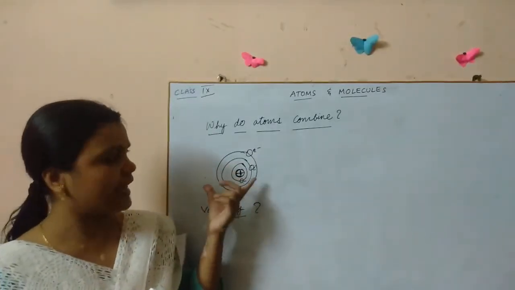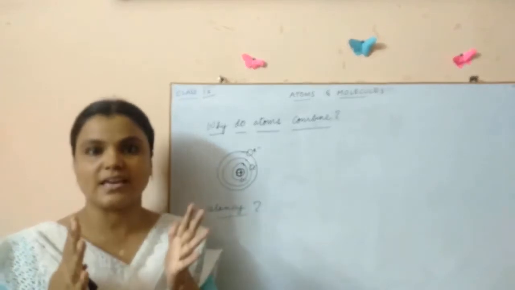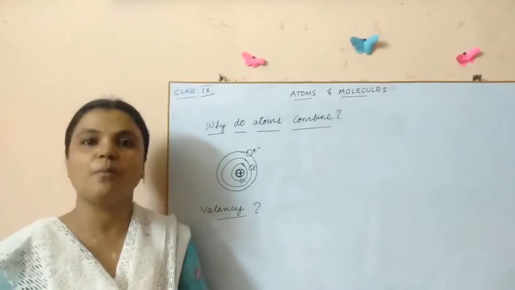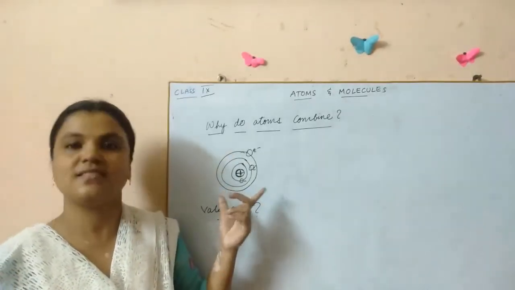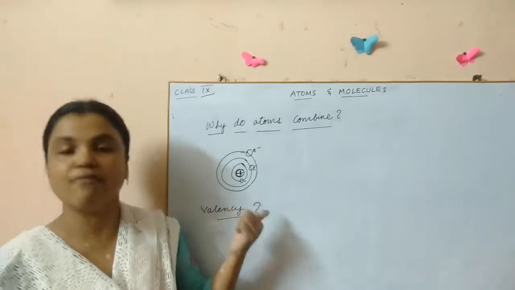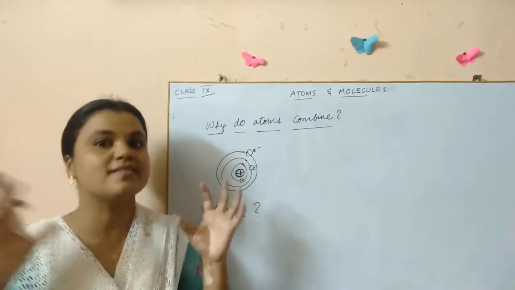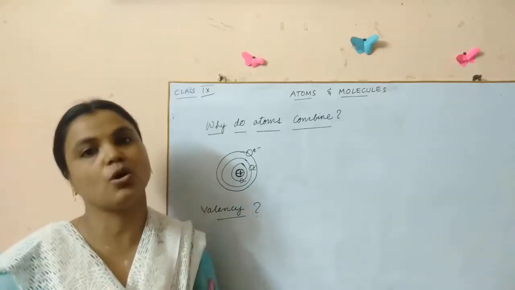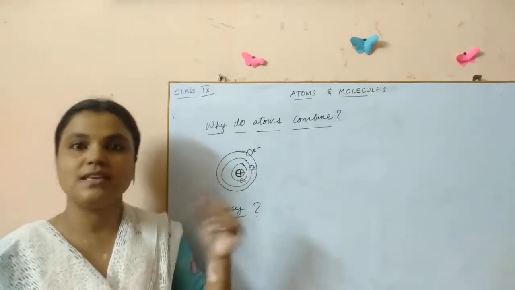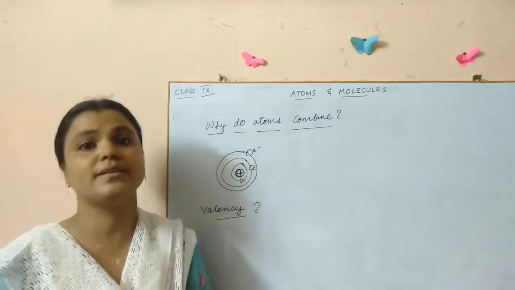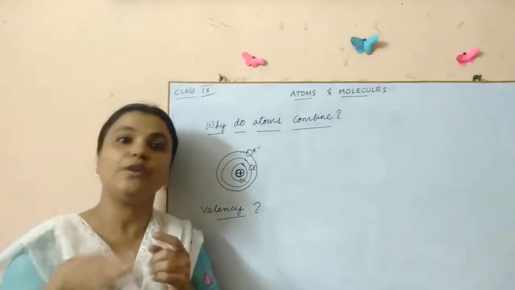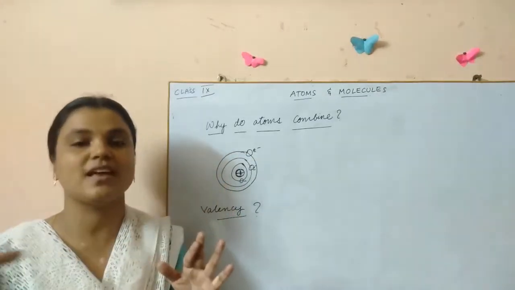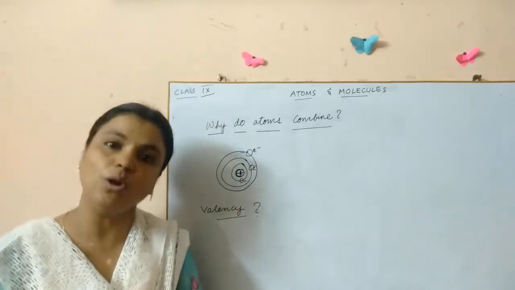You can see that every atom, depending upon its size, has an increasing number of shells. In the coming topics we will be learning about all these things in detail. For now, understand that every atom consists of a nucleus and some shells. As the atomic size increases, the number of shells also increases. The first and smallest element is hydrogen, and it contains only one shell. As you go along the periodic table and the atomic size increases, the number of shells also increases.